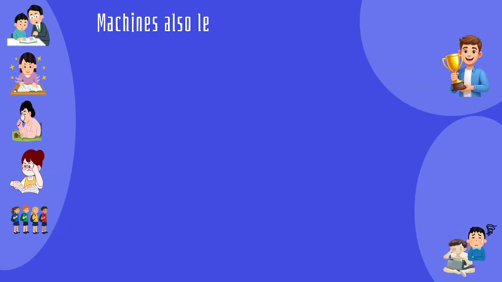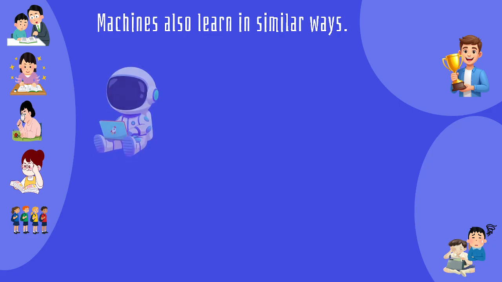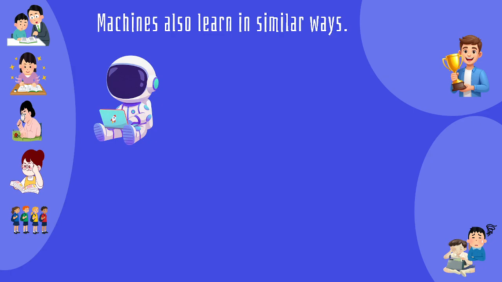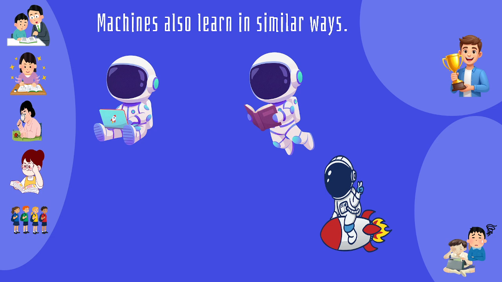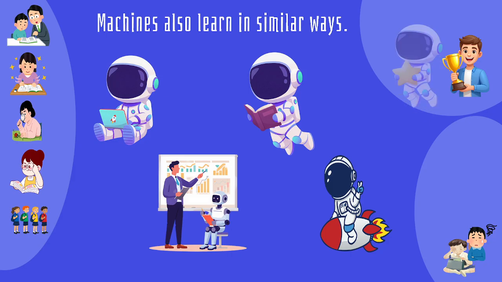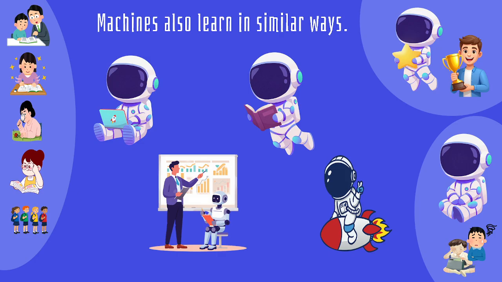Did you know that just as humans learn in different ways, machines can also learn in different ways? Some machines need to be taught by someone before they can learn. Some machines can learn by themselves through observations, and some machines learn through rewards and punishments as well. So if they receive a reward, they learn that the action was good, and if they receive a punishment, they learn that the action was not good. So machines can also learn in different ways, just like humans.